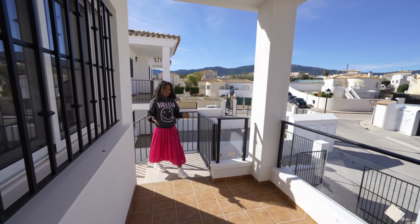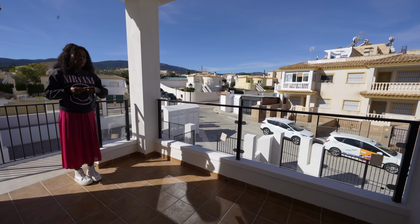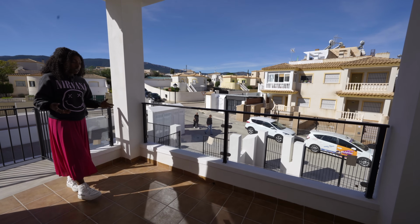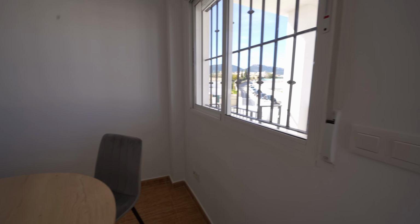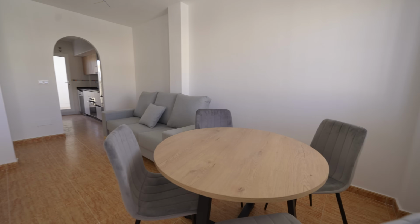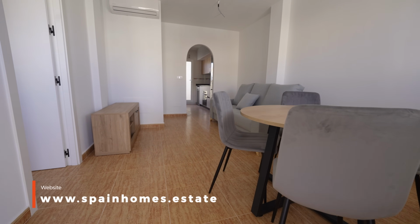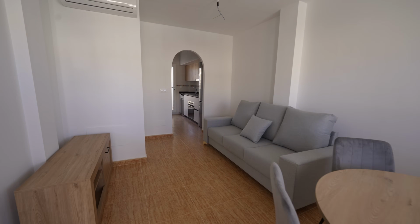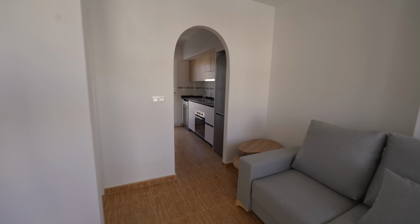Coming up the stairs and into the property, you are met with this really beautiful and cute little terrace porch which forms part of your entry. As you can see, the architectural design on the outside of the building is still classic Mediterranean, but on the inside it is modern. So as we come through the front door, we are immediately entering the open living and dining area. This space is light and bright, much like the aesthetic of the home, and bounces the light beautifully around the living space. Right here, the ceiling height is 2.6 metres, and the room itself is